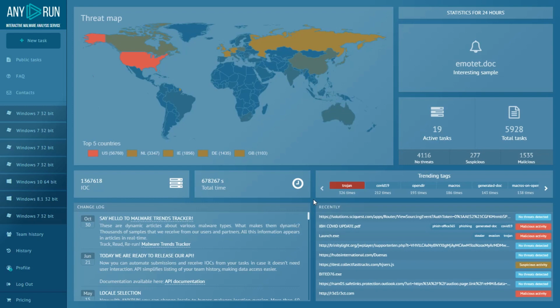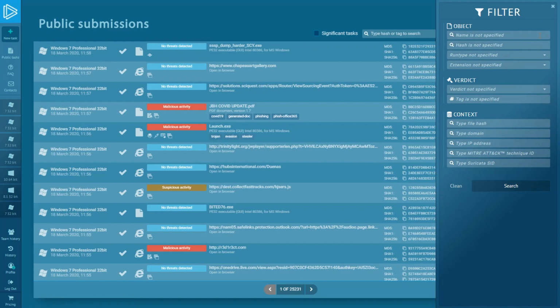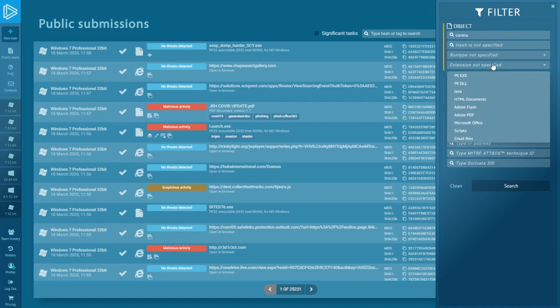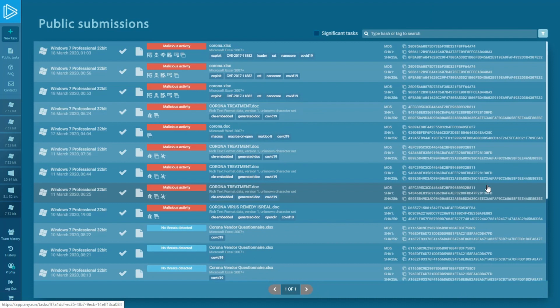If you want to find some submissions with specific words in them, use the filter. For example, I want to find only Microsoft Office files with the word Corona in the name. Let's open Filter, then enter Corona in the name field and choose the extension Microsoft Office. Here we go! According to our service, the most popular malware hiding behind files with this name